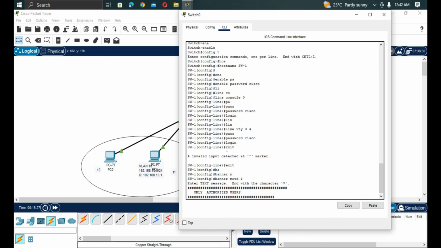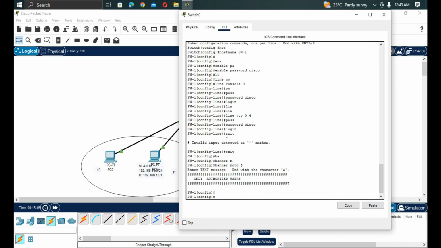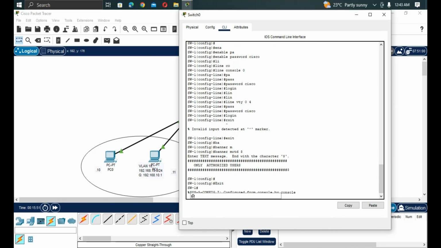Then after that, ensure that after everything, it ends with the dollar sign, the word that we set as the message of the day. Now, after that, I think you can now exit and see if so. Exit